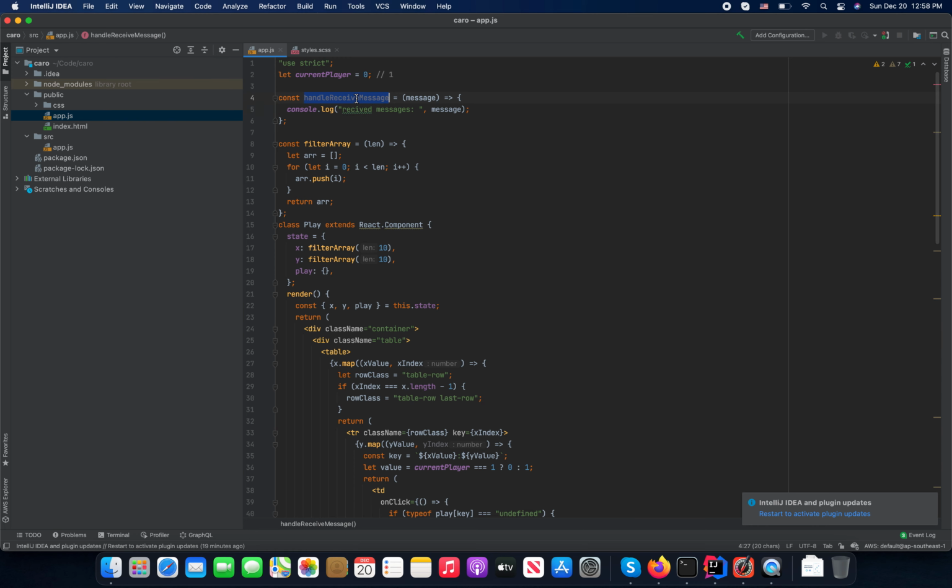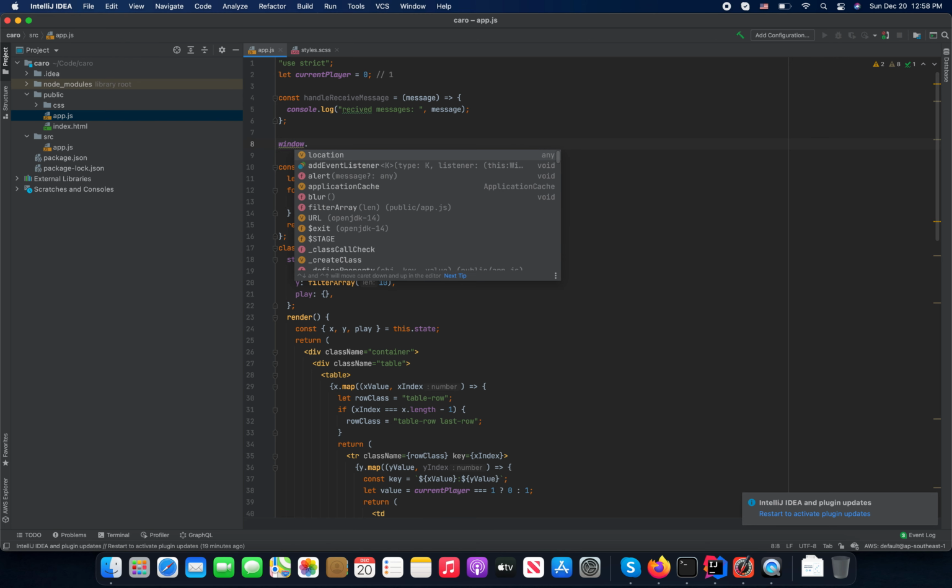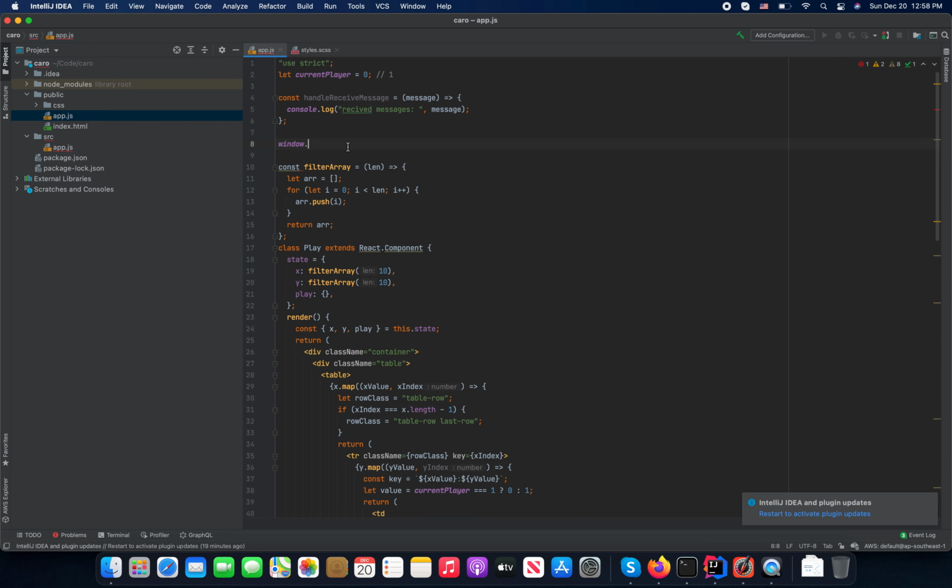And now how do we test it? We can do it like this: window.handle.send. For example, we can send a message equal